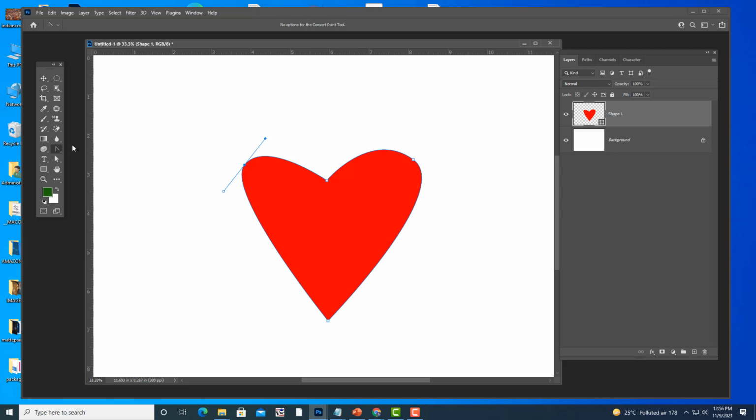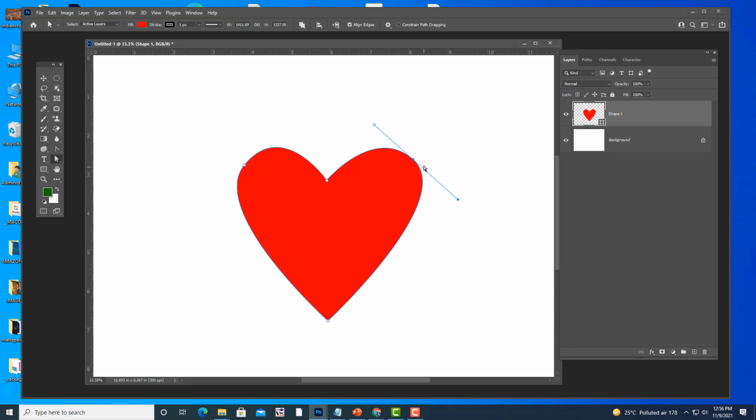One more thing I want to tell you here. When I am moving the handles, both the top side and bottom side are affected.